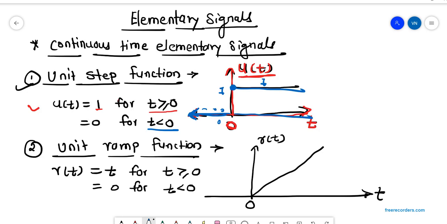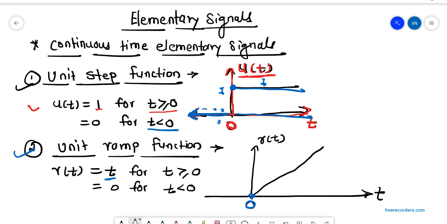Okay, now the second one, the unit ramp function. Now what is meant by the unit ramp function? That r of t is a symbol of a representation of a unit ramp function. So how we define that? So we define that r of t is equal to t. What is the meaning of this? So basically this equation defines that whatever the time is there, the same amplitude will be there. Means what? For each and every time, the same amplitude will be there. Suppose if the time is t is equal to 0, then your amplitude is 0.